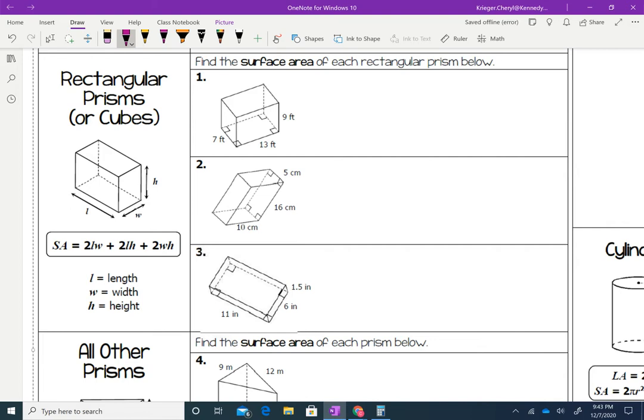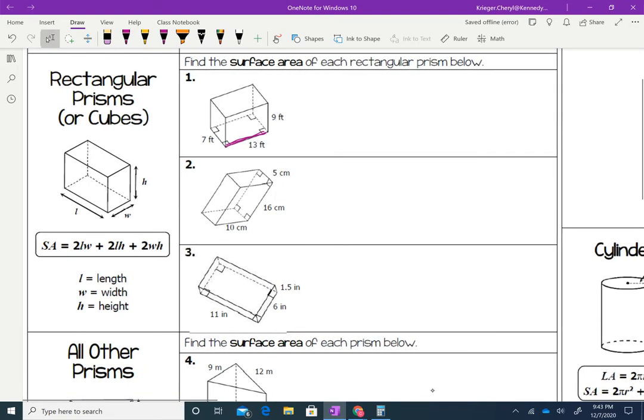Okay, so length times width, I would assume, is this length times width, right? And so I'm finding the area of this bottom portion of my rectangular prism. And so I not only have a bottom, but I also have a top. So that's why that's times 2. So this is 2 times the area of my base, 7 times 13,